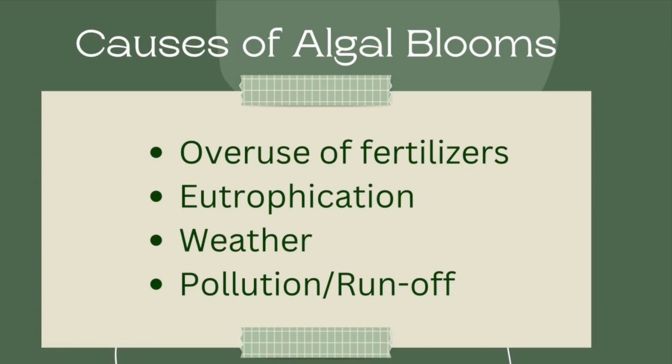The main cause of harmful algal blooms can be connected to the overuse of phosphorus and nitrogen-based fertilizers, which are superfoods for algal blooms, from lawns or agricultural areas. This in turn can create eutrophication, which is when an ecosystem gets fed with nutrients that increase the growth of algae and plants in coastal areas due to runoff. They can also occur after weather events like hurricanes, floods, droughts, and high water temperatures. And finally, pollution and runoff can also cause HABs when there are chemicals that are introduced to our waterways via runoff.